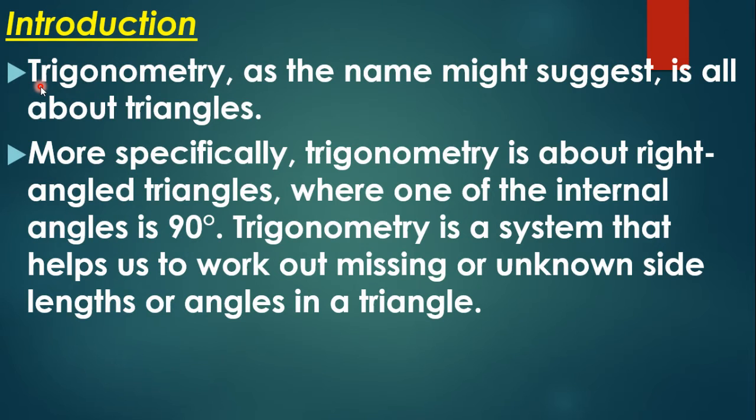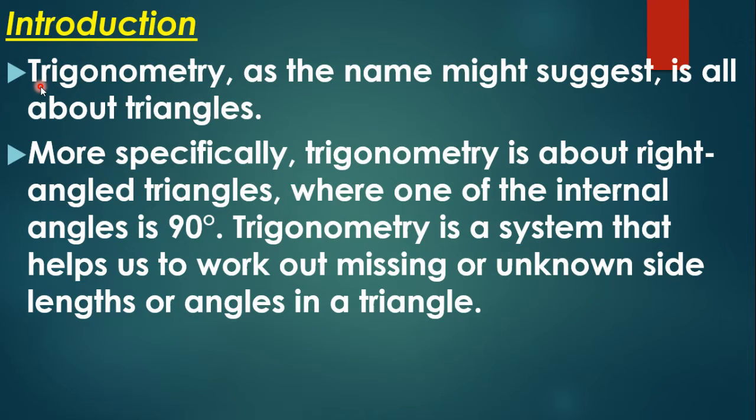You may get a question, you may get a doubt. In a right triangle, if any one side is missing, we know how to find the other side using Pythagoras theorem. Then what is the need to use this trigonometry? Yes, you're absolutely right. By using Pythagoras theorem, if two sides are given, the third side, which is the missing side, we can compute. But in trigonometry, if one side is given and one angle is given, then we can